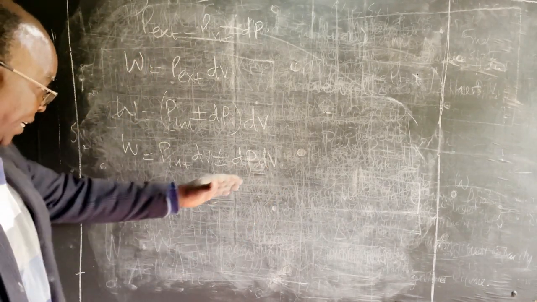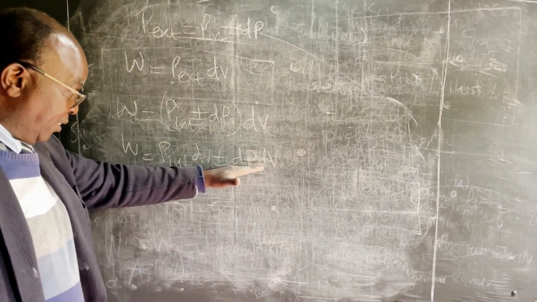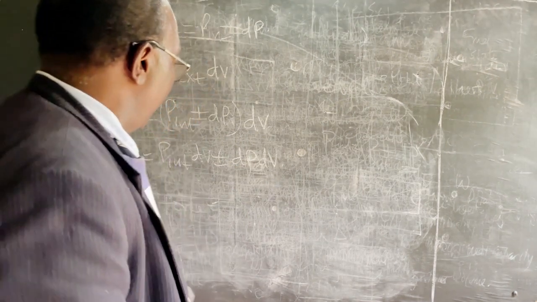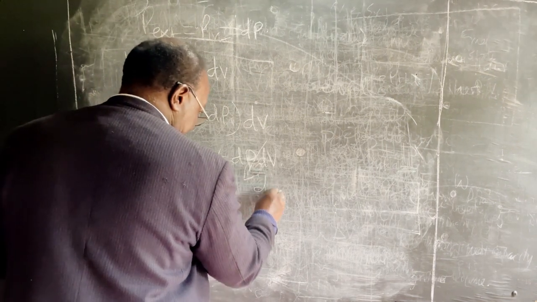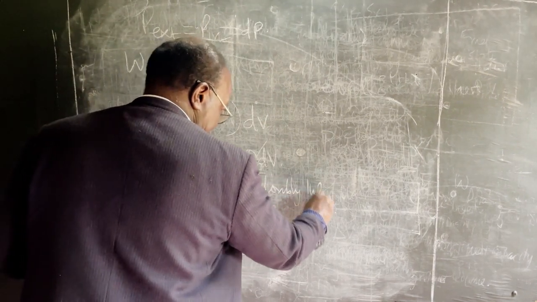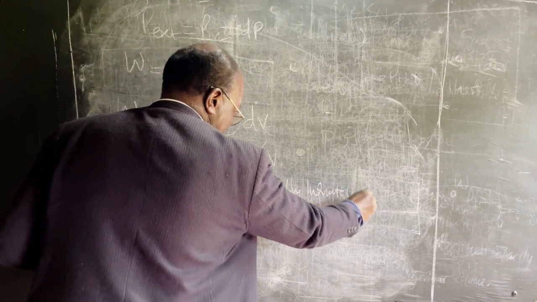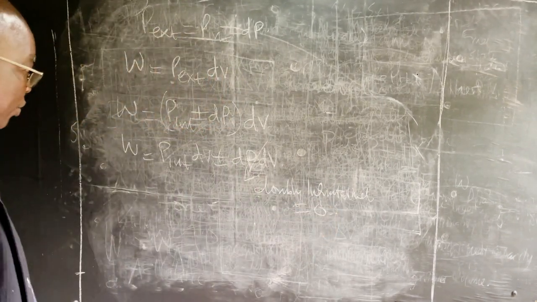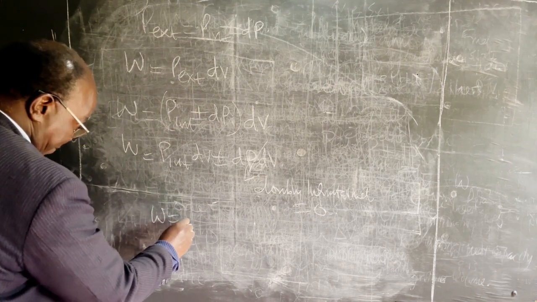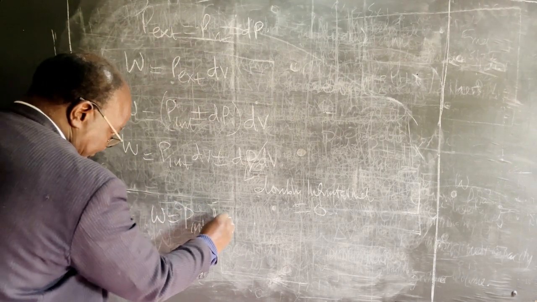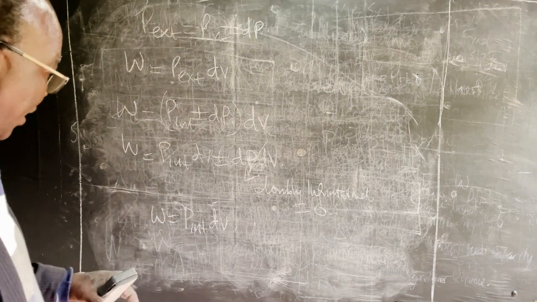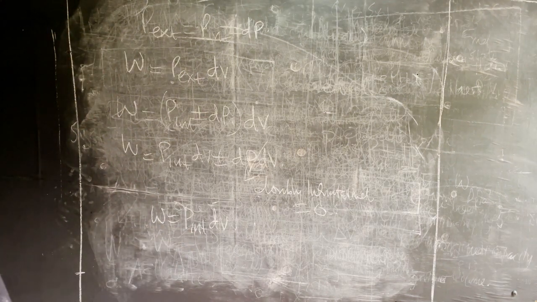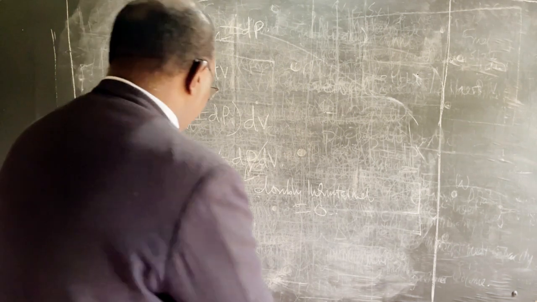Now, the pressure in this second term is infinitesimal, the volume is infinitesimal. So this is a doubly infinitesimal term which can be assumed to be zero. Therefore, what we are saying is W is equal to pressure internal dV. And so, when pressure internal now comes into play,